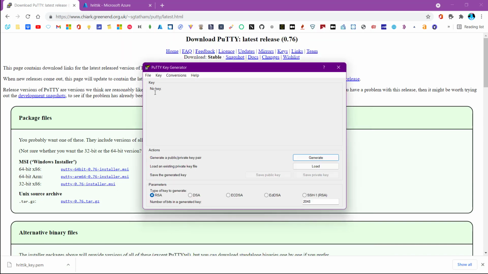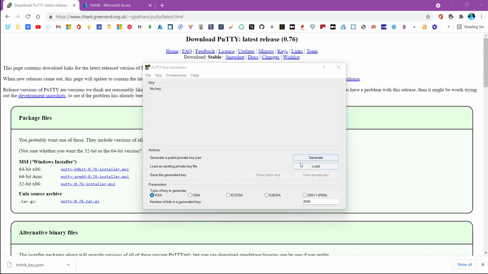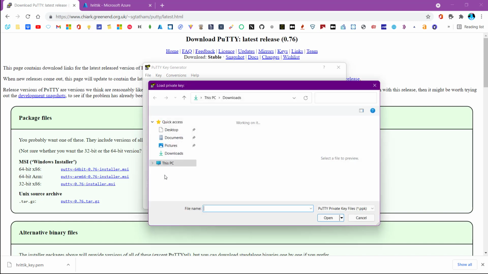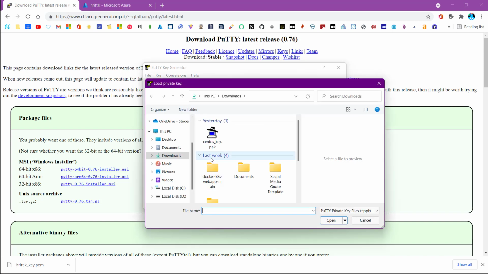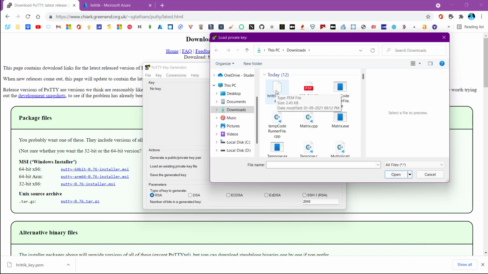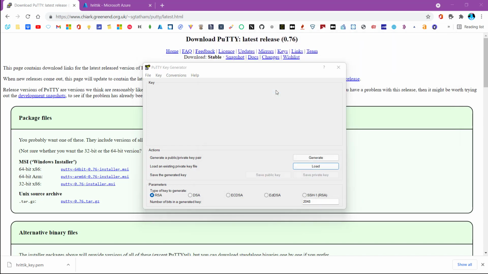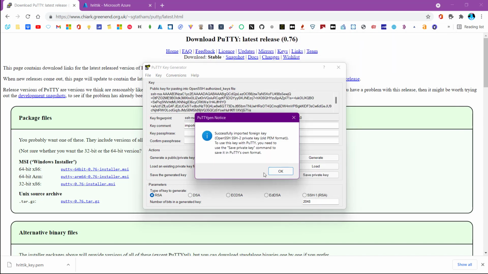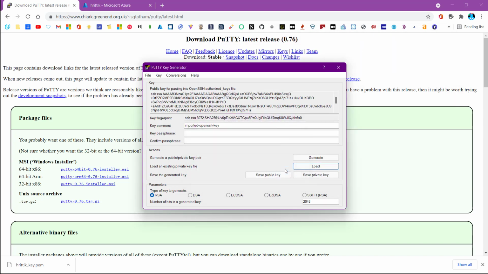Putty is a different thing, we don't need that. Then you need to load a key, which means using a key from your existing downloads. Click on all files, because .pem files are not shown by default, and select the latest key which you have downloaded. You see this key has been imported, and then you have to convert the key to this new format.